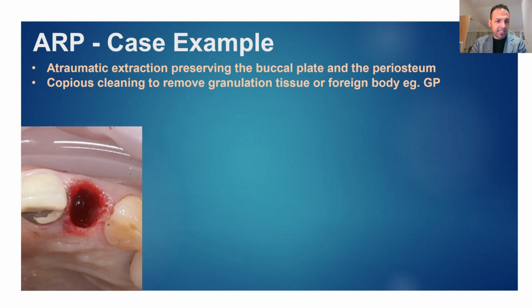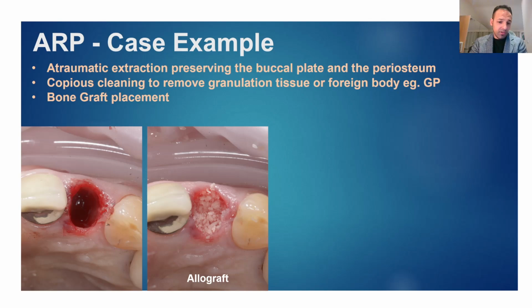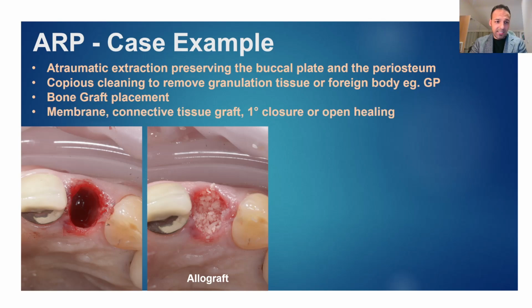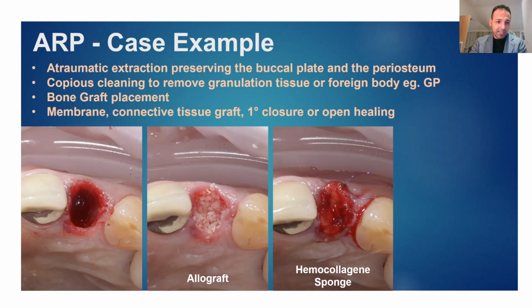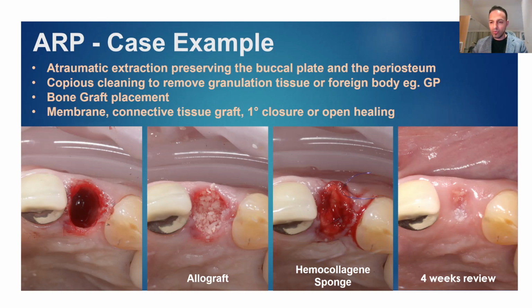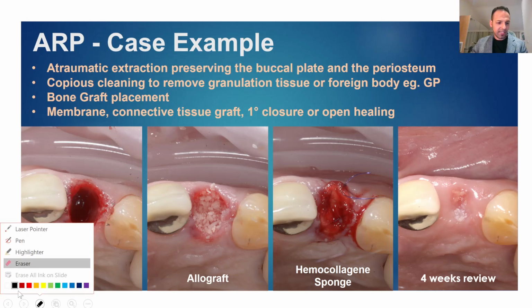We do copious cleaning to remove the granulation tissue or any foreign bodies such as gutta percha, and then we place the bone graft. That's the allograft going in, and a membrane is placed on top, or either a connective tissue graft, or you can go for primary closure or leave it open. There are different techniques. In this situation it was a hemocollagen sponge sutured down, and you can see at the 4-week review